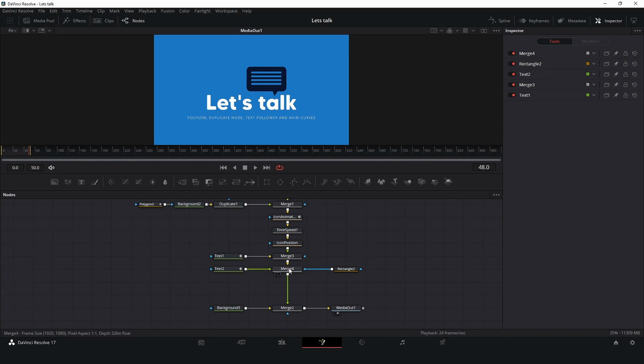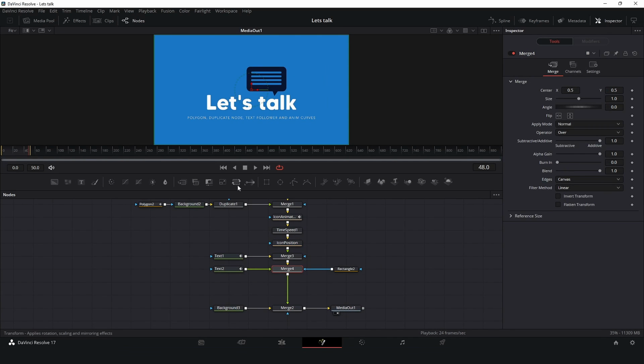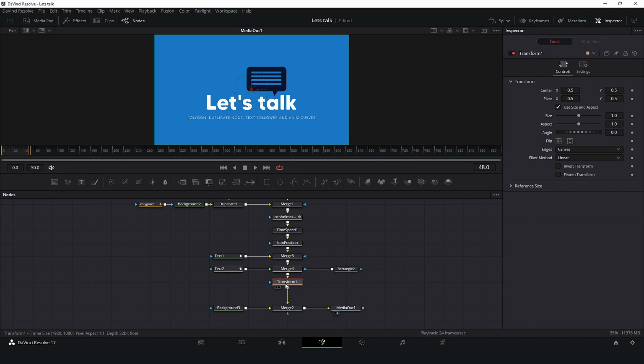So what I can do here in the last merge is create another transform and rename it to global adjustment or global position, and you can make this maybe small and something like that.